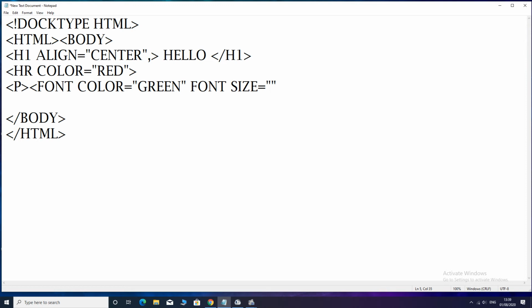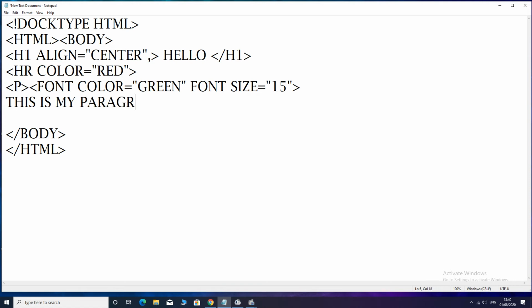Suppose 15 is the size and we will close it and the content, this is my paragraph and you are here, it is my profile.